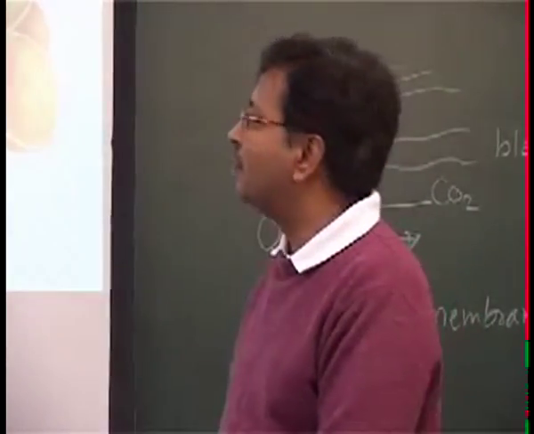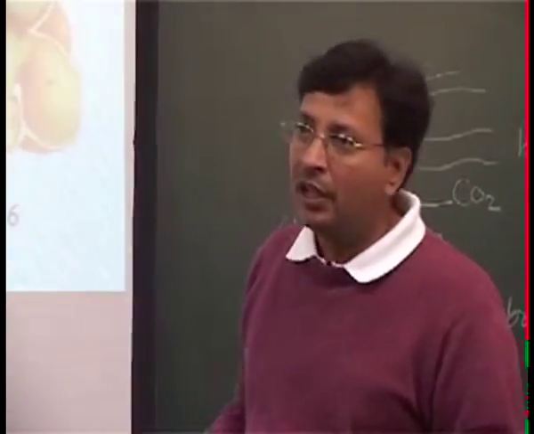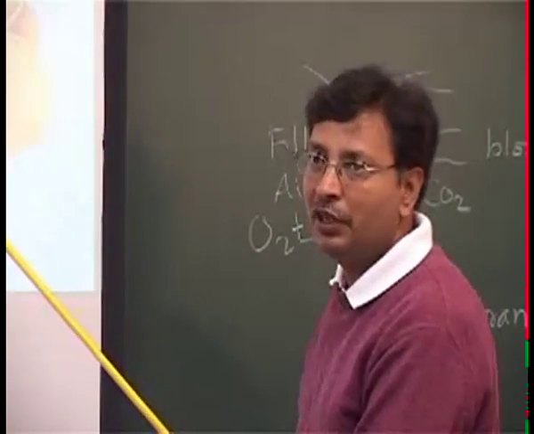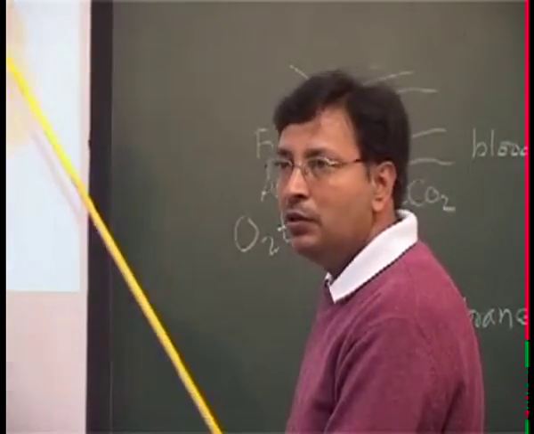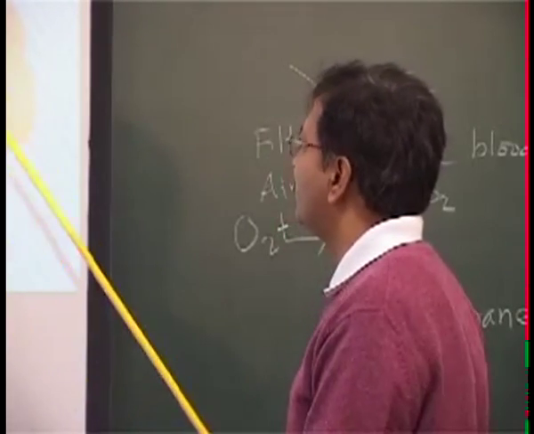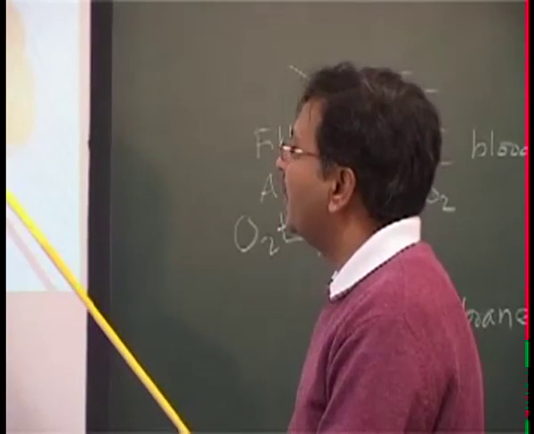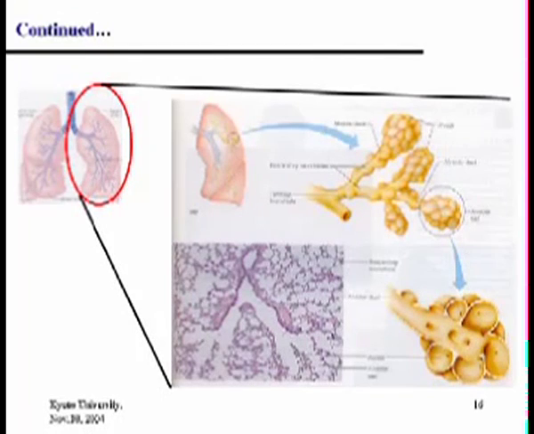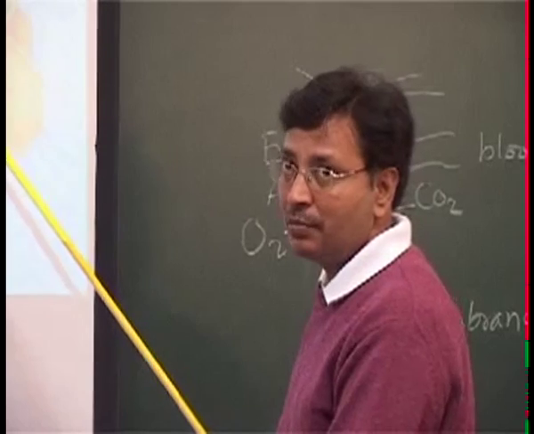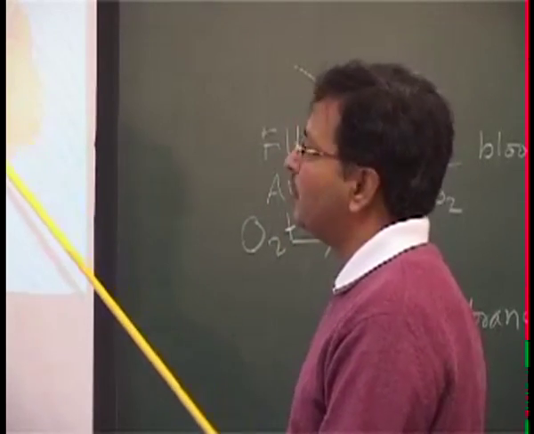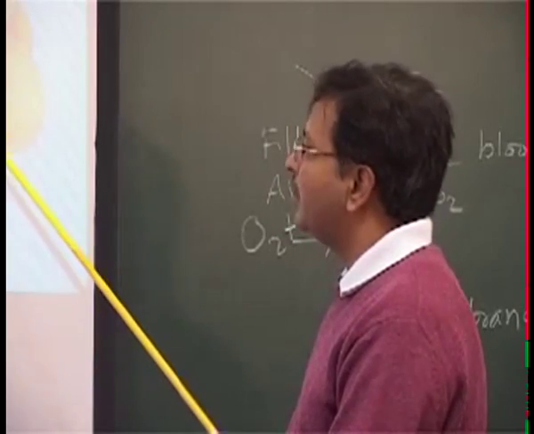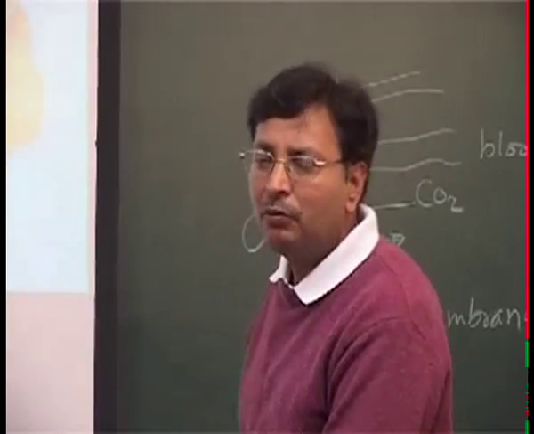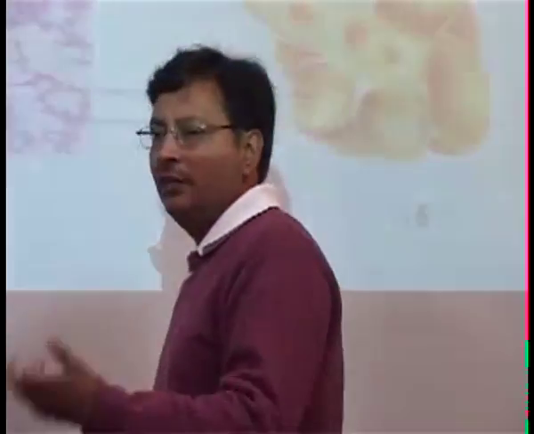So you can see if a person is old and in a polluted area, because of the aging process he already has a difficulty, and then he is exposed to a higher pollution level. So you can see how it causes the problem. Older people will have the problem, and there's no way these can be regenerated. But fortunately in the body there are millions of sacs. A sac is like a pocket. Millions and billions of sacs are there, but they get damaged. But if a particle is somehow not deposited, there is also the possibility that the particle can go back, because we are talking about very fine particles with almost insignificant inertia.